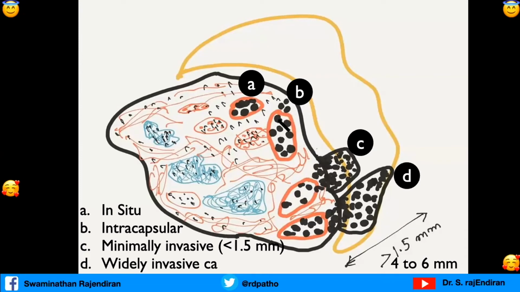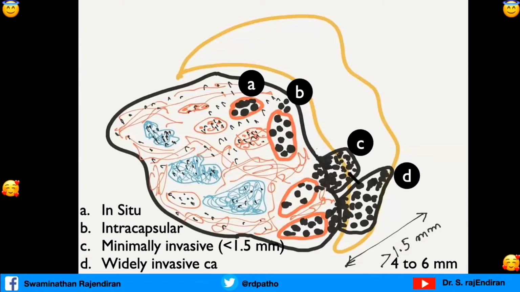Remember the 4 terminologies we use in carcinoma ex pleomorphic adenoma. This is in situ carcinoma ex pleomorphic adenoma. This is intracapsular carcinoma ex pleomorphic adenoma, because it has gone beyond the basement membrane, but within the capsule of the pleomorphic adenoma. And when they extend